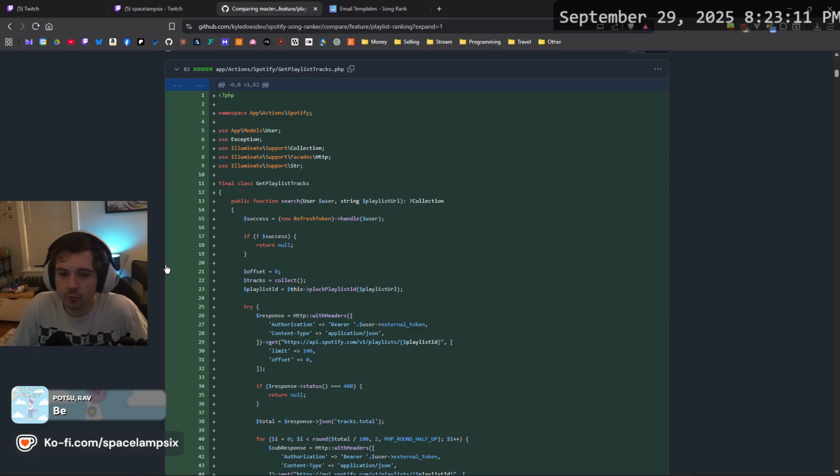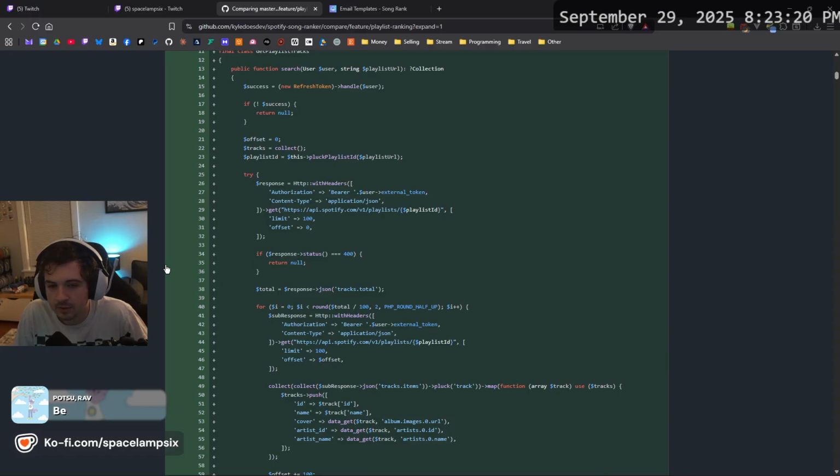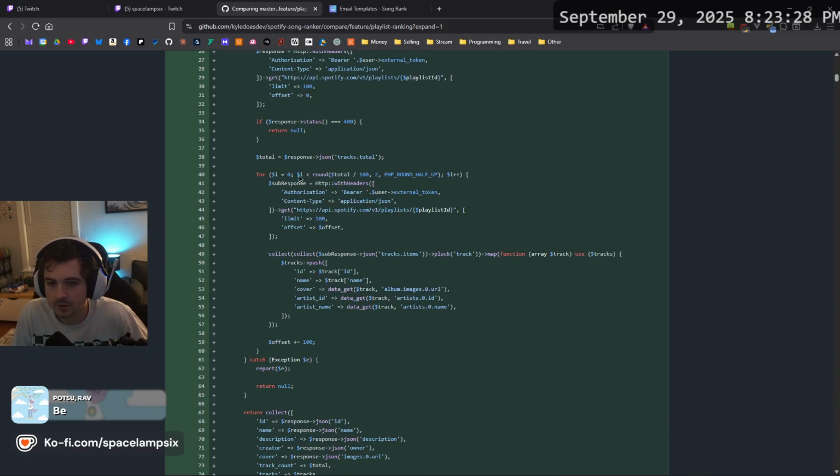We added the new action for getting the tracks for a playlist. We refresh the token. If we don't have anything, we go back. We get the playlist ID, we get the playlist itself, otherwise we return null. We get the total amount of tracks in the playlist, loop through that, divide it by 100, round it up.